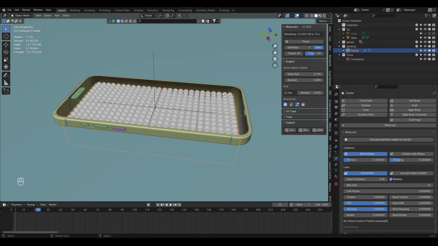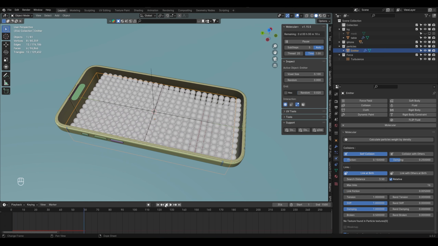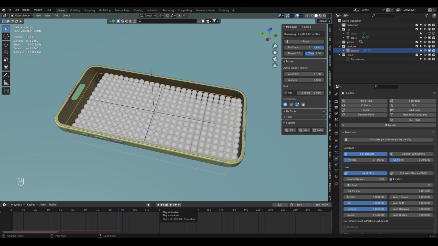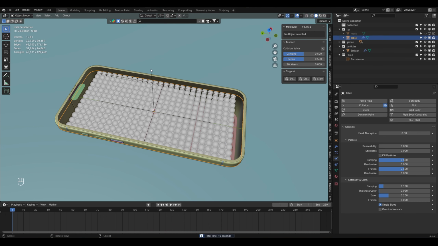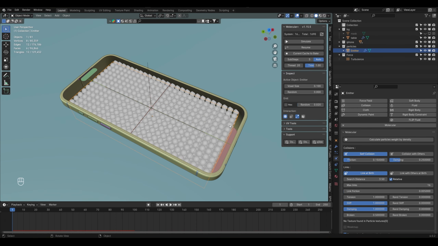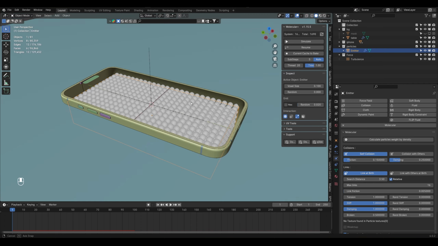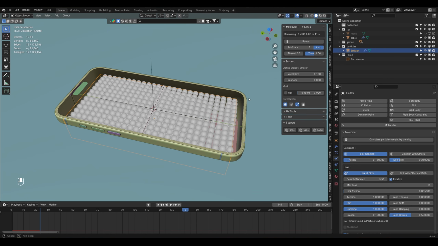Okay, let me simulate. Just because this particle is linked together very highly, like the particles are connected to each other, to break them we have to tweak a couple of things. First, this force needs to be much stronger than the connection. The other thing, if I select our emitter and go to the physics tab, I will get a links option, and here I have a broken and random broken option. So let me make it broken 0.1 and random broken maybe 0.5, and let me simulate, and we'll start seeing